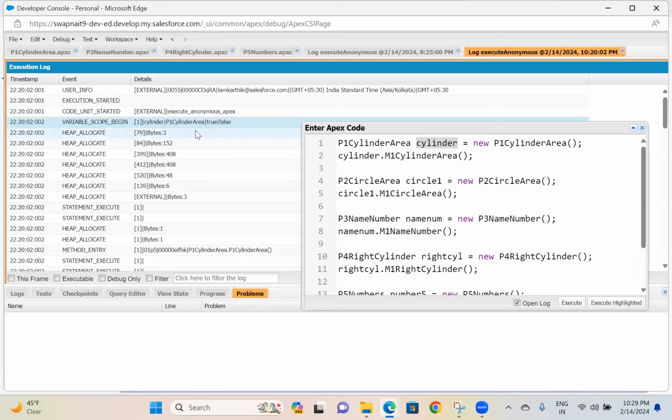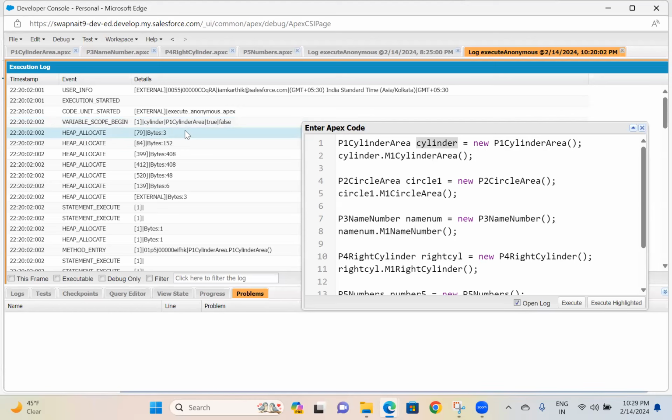Now, once it is an instance of the object, memory is created at the backend. Whenever memory is created for the instance of the object, the system checks how much allocation it needs to do. Below you can see all of these are heap allocations. By default, the system is going to allocate heap allocation.